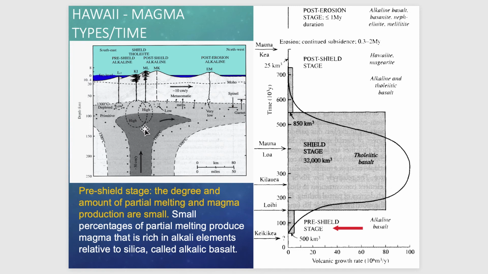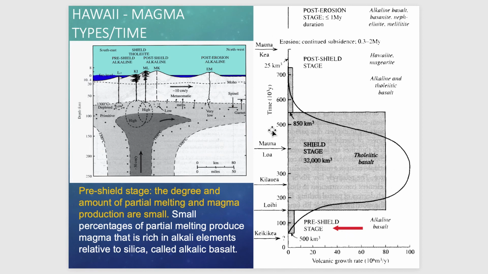So we have different stages in which we produce different rock types or melts with variable composition. The key aspect is that here you tend to have a low volume of melting. So in the pre-shield stage, which is the one we are illustrating with this slide,